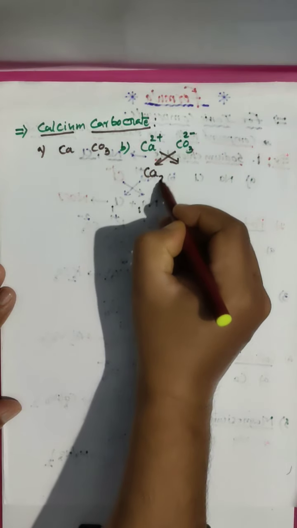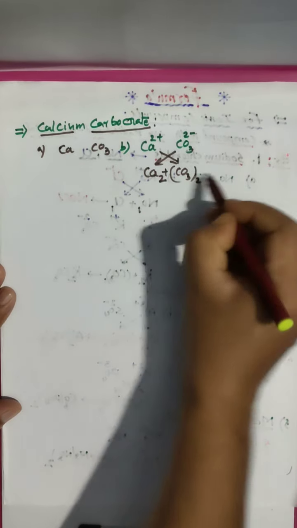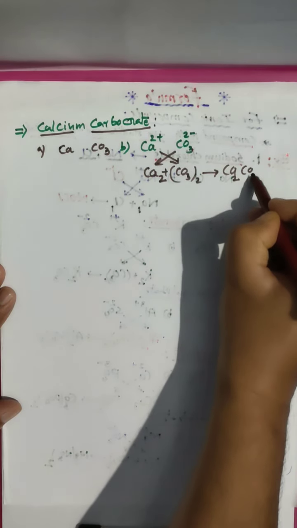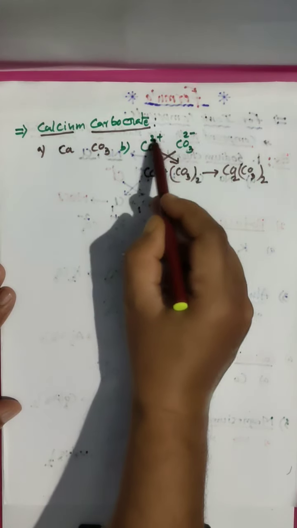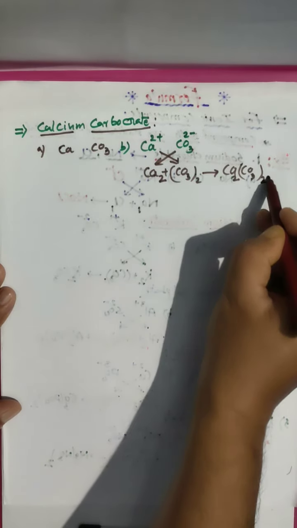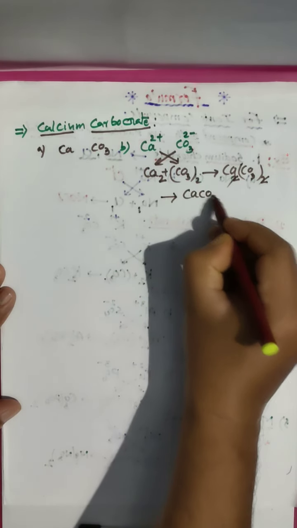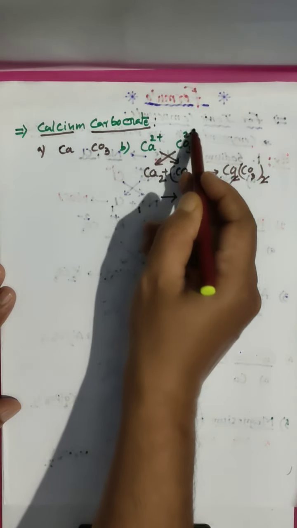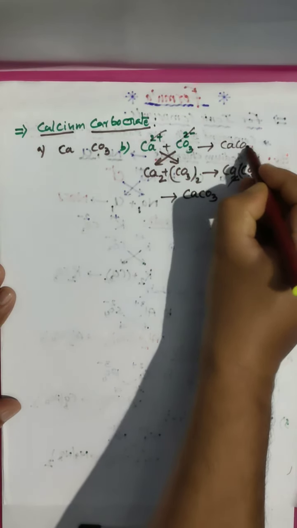And then I told that Ca discharge 2, carbonate discharge 2. Add this 2, Ca2, CO3 taken 2 times. Look here, like this charges same are there. Here 2, here 2, here 1, here 1, here 3, here 3. We can cancel. Remember, this is calcium carbonate. This also no need to write, just I shown. Here only you can cancel this 2. Directly you can add this 2, calcium carbonate.